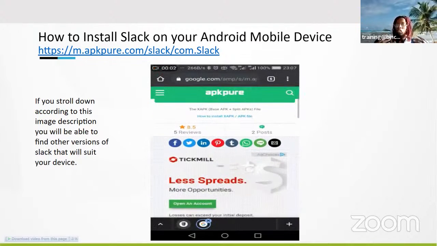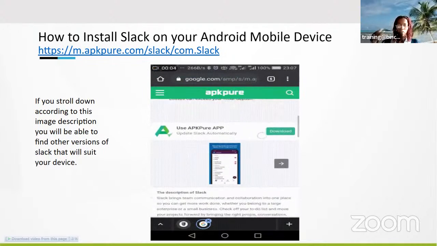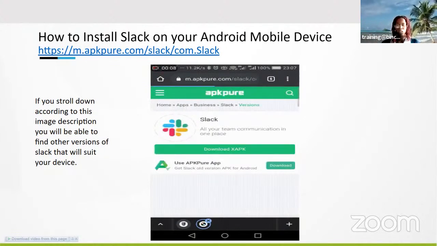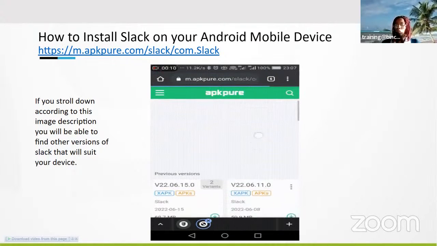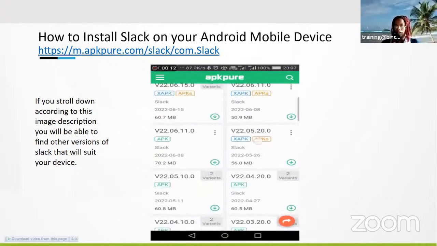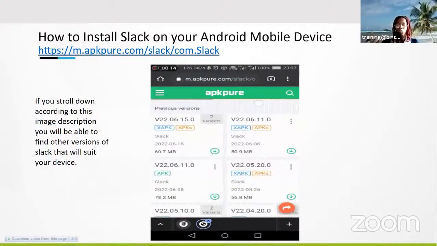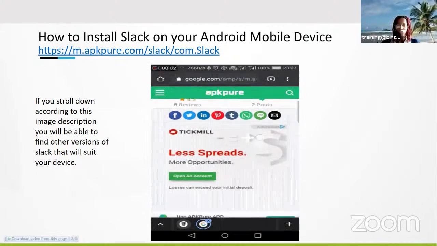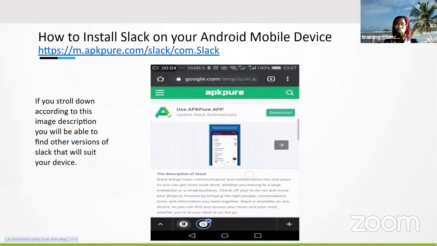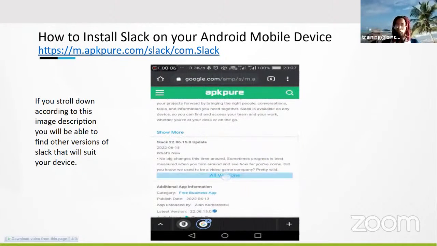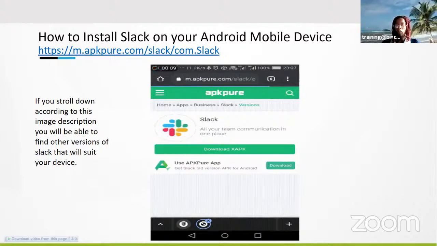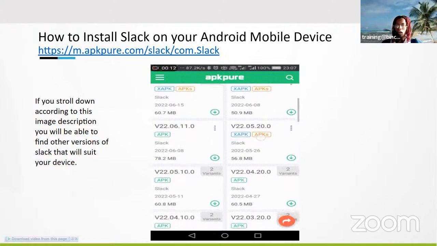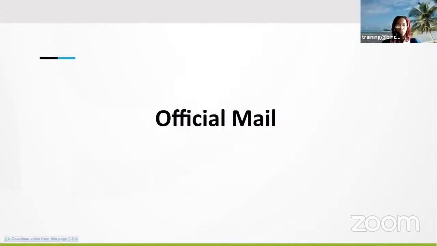currently there is actually an update from Slack that by 1st or 31st of March 2023, Slack would not be working on certain devices. So if you are one of those persons that are affected, you need to start planning right now on how to rectify that issue, because you use Slack every day from 8 to 5:30 to make sure that you answer to messages and you are online as well for that day.